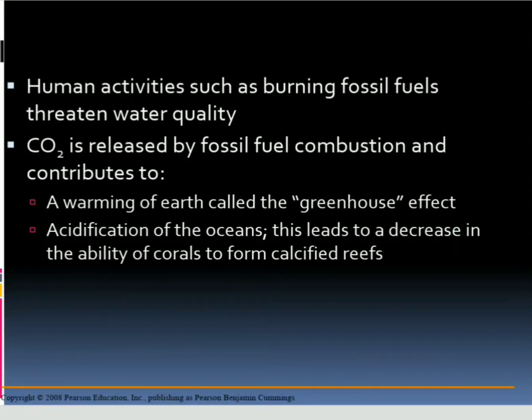Human activities such as burning fossil fuels threaten water quality. Carbon dioxide is released by fossil fuel combustion and contributes to a warming of the earth called the greenhouse effect. Acidification of the oceans decreases the ability of corals to form calcified reefs. All these human activities may lead to these changes in the